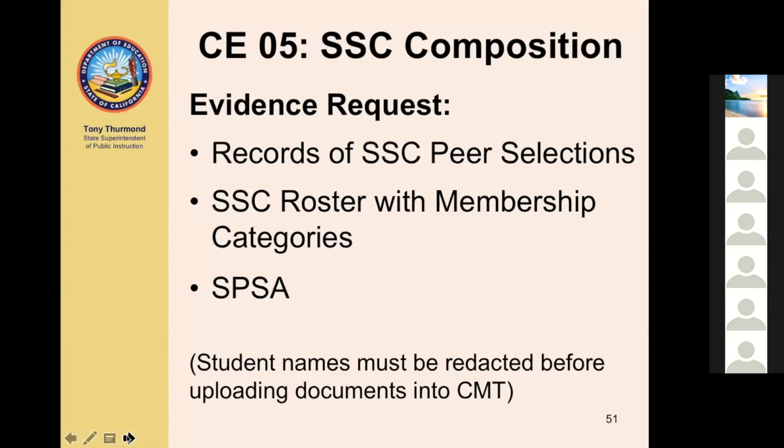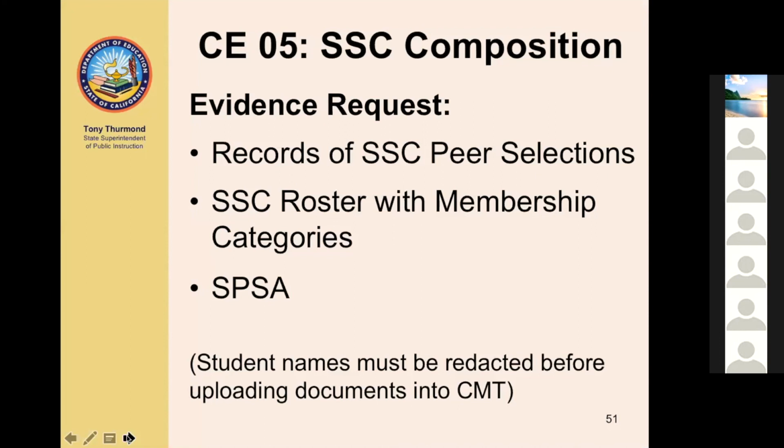The next item in the top 5 is CE5, which is the school site council composition, and Rachel went over that in depth. What's required is the records of the school site council peer selections, the roster that has the membership categories, and also a copy of the school plan.